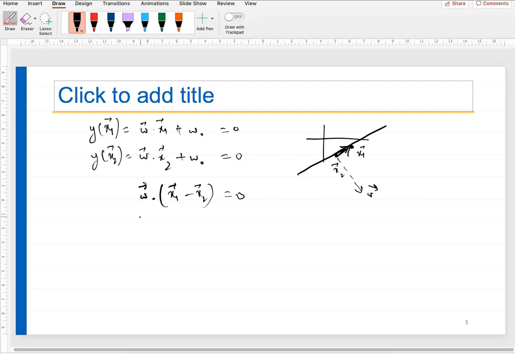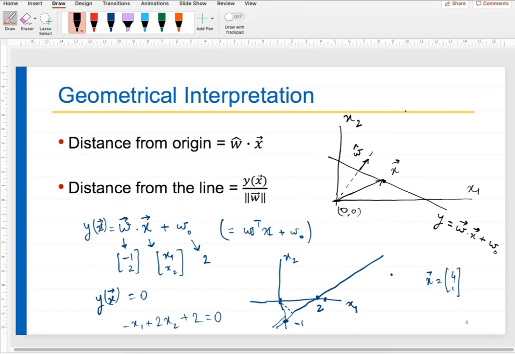Okay, how do I go about it? The simple solution is w vector dot 0 plus w naught divided by the square root of w1 square plus w2 square. So this is the distance of the line from the origin, and if you want to find any general point, it is very simple. You can break this point into, I have explained it here, let's say any general point.